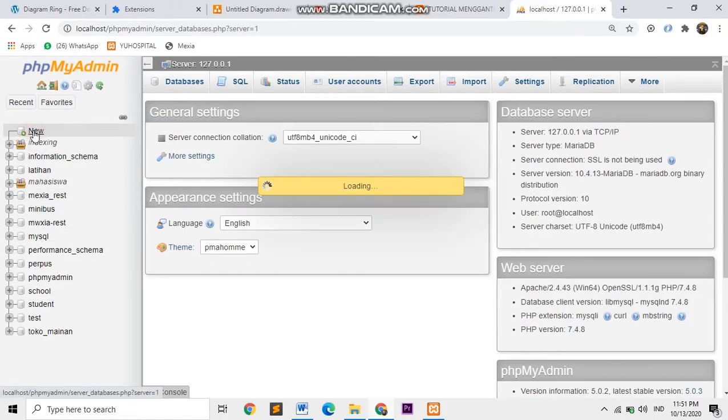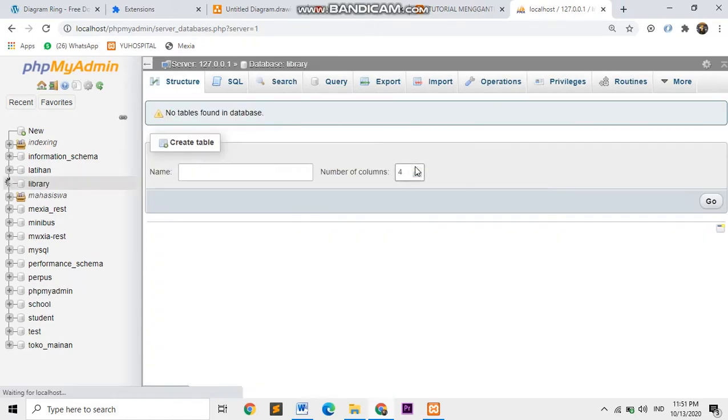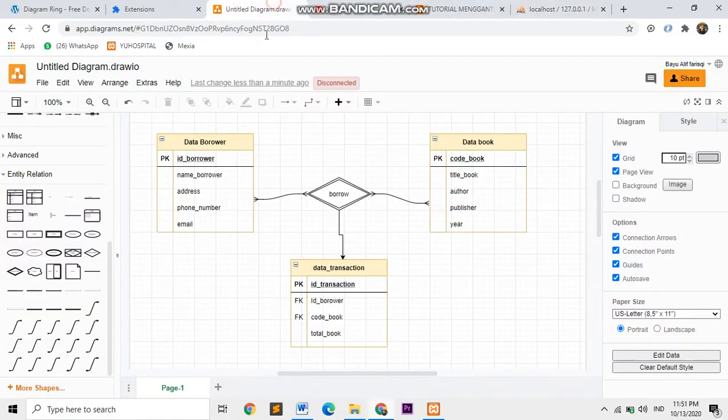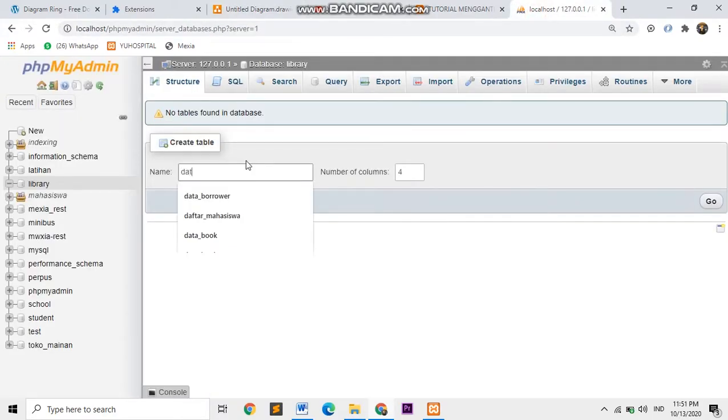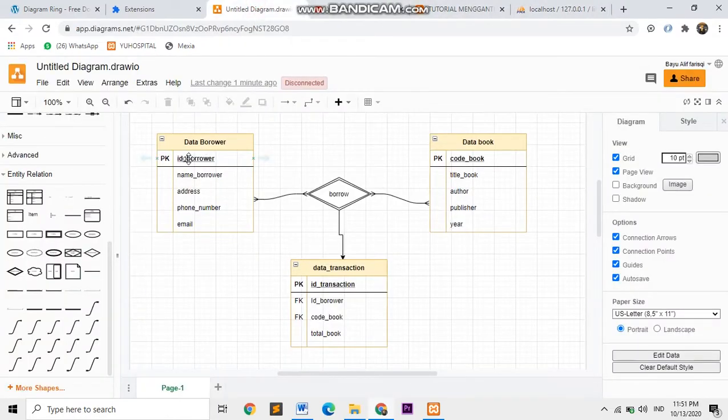We rename it library. The name of the table is data borrower, which has 5 attributes: ID borrower, name borrower, address, phone number, and email.